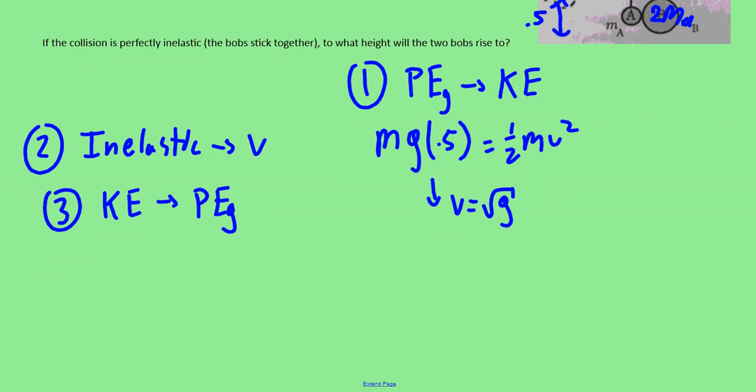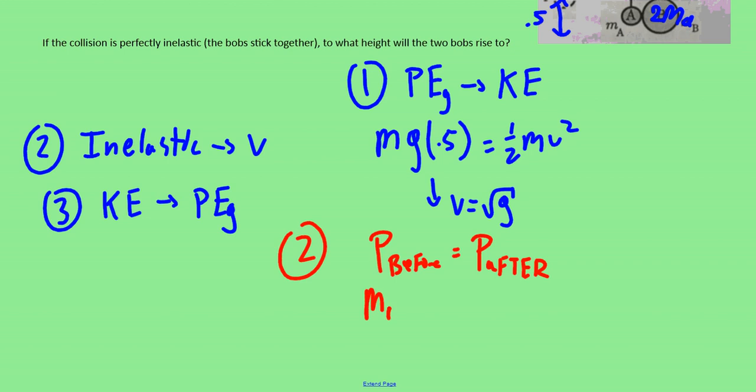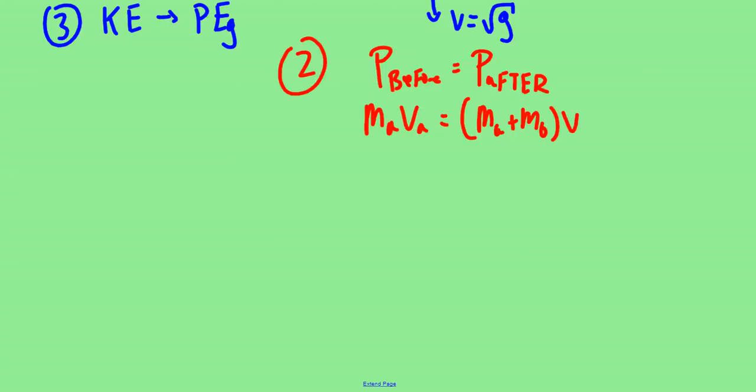Now, for part two of this problem, we know this is an inelastic collision. So also we know that pendulum B is standing still beforehand, so it has no momentum. So we're going to use the conservation of momentum. The momentum before a collision equals the momentum after a collision. So what we have here is the mass of A times the velocity of A equals the mass of A plus B, because they stick together, times the velocity that they move back off at. Therefore, the velocity then is simply going to be the velocity of A times the mass of A,